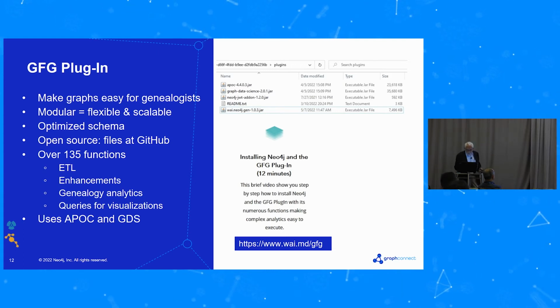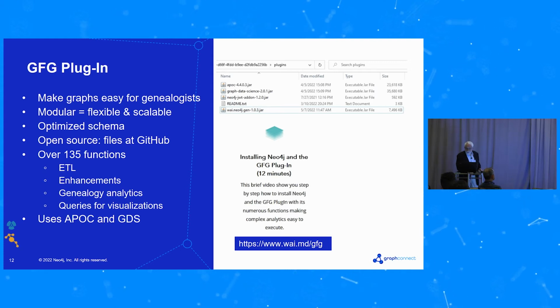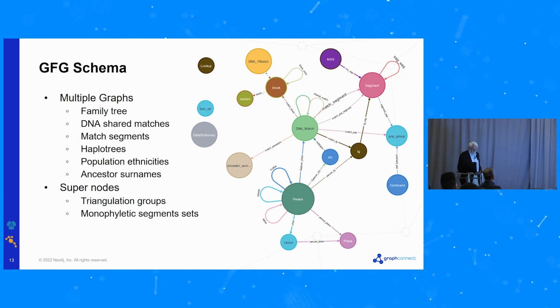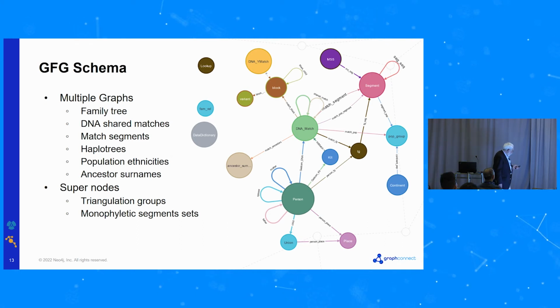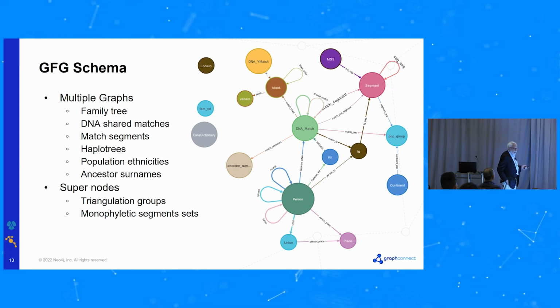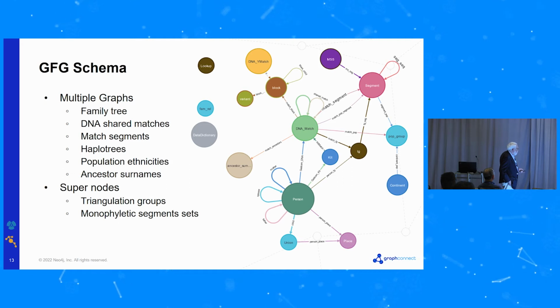It does require a little bit of work in the configuration file for the database. So here's the schema, and I wanted to talk a little bit about how this all works. It basically has these several graphs that exist within the database. If we have these person nodes here, they come from the GEDCOM file, and they have relationships that create